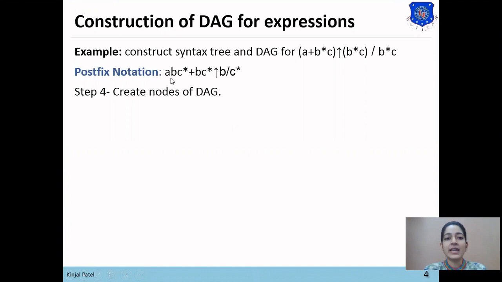Here you can see that there is a common sub expression BC star in this expression, as BC star appears again. So we won't create the nodes for this BC star. To identify the common sub expression, we check in the postfix notation, not in the given expression.